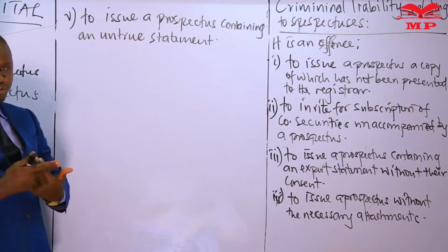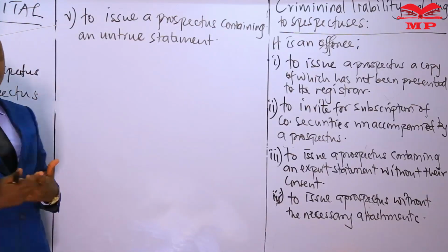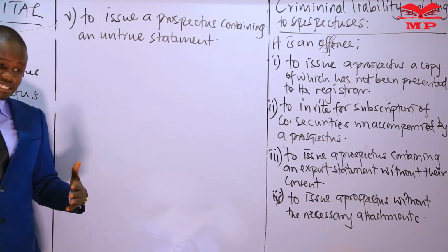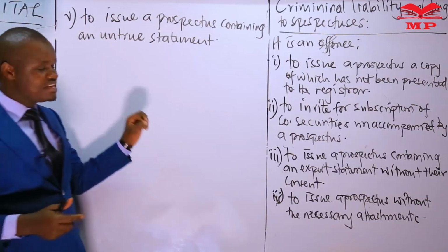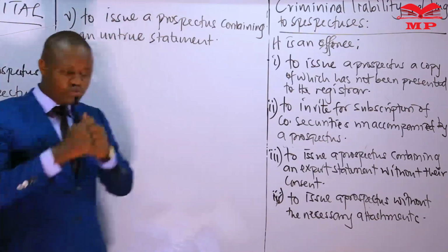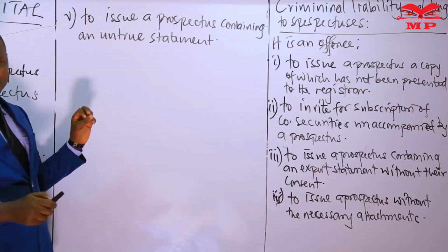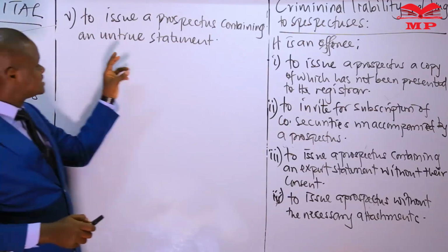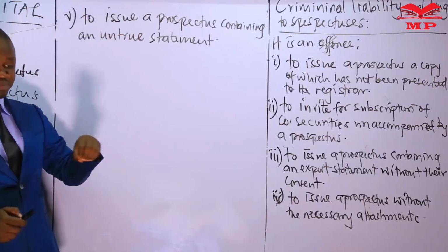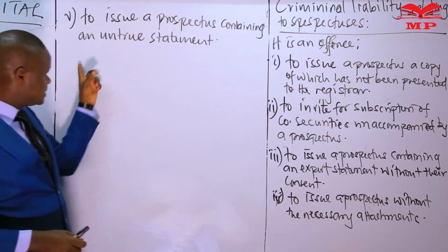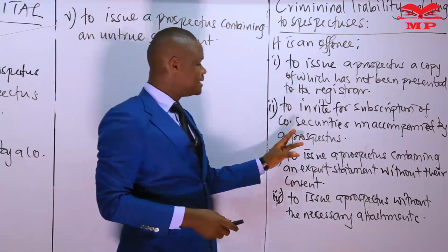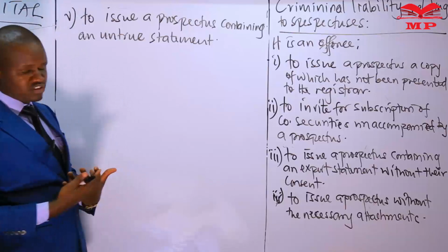This is intended to protect the consumers of the information from misrepresentations. You are not going to make prospectuses and issue with them misrepresentative statements, statements whose truthfulness you cannot account for. Now, this liability shall be to the person issuing the statement. The person issuing the statement that turns out to be untrue shall be the person to whom criminal liability in respect of the untrue statement